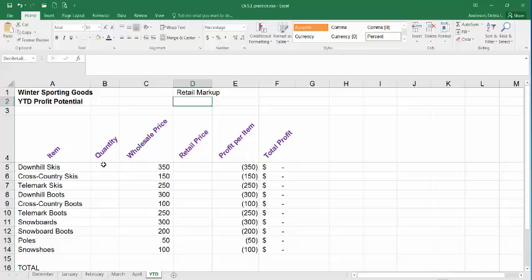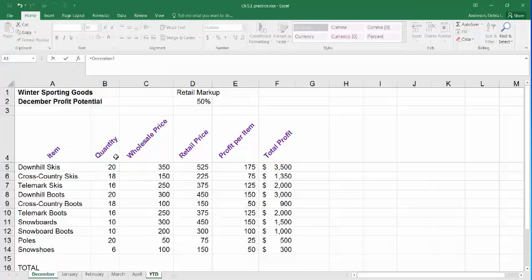So what I'm going to do is make a calculation that adds up quantity for downhill skis for December, January, February, March, and April. And then calculate retail price from the other sheets as well. So to make a formula that's going to add up the value from the other sheets, this is how you do it. Click on the cell where the answer is going to be, so I'm on the year-to-date sheet in the quantity D5. Start your formula with equals. Click on December. Click on downhill skis for December, plus